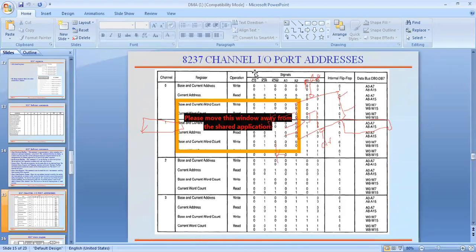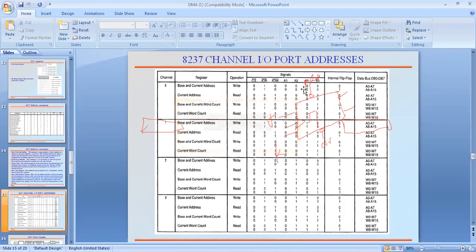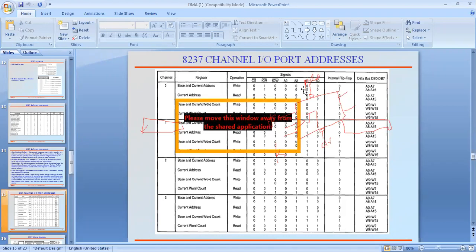Understand? And these are the signals. What are the signals here? Here the 8237 deals with memory or IO. Here the 8237 acts as an intermediate between external IO and memory, not memory to memory.